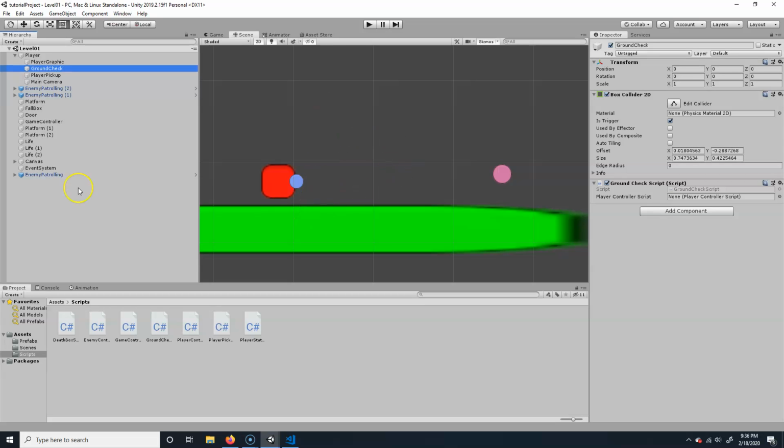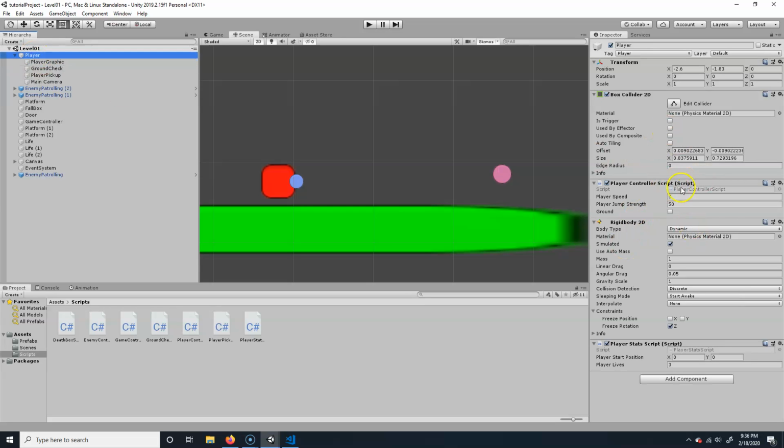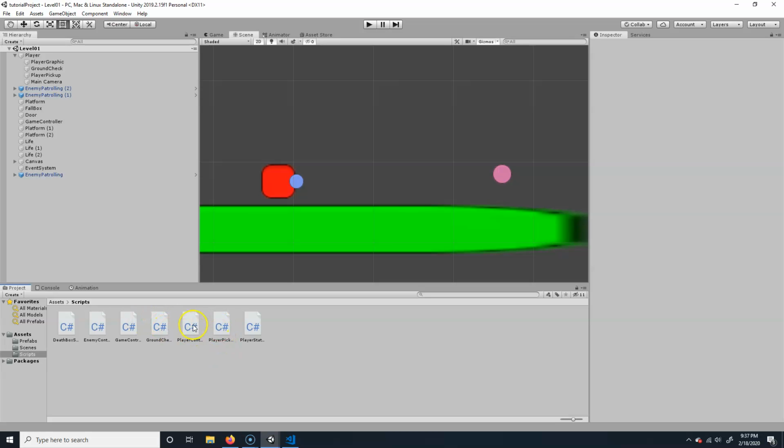What would be better is that we could get rid of this altogether if, on the player controller script, we use a raycast. The raycast is a little bit different. It's a little bit more complicated, but it's cleaner, in air quotes, to work with. So to do that, we're going to open up the